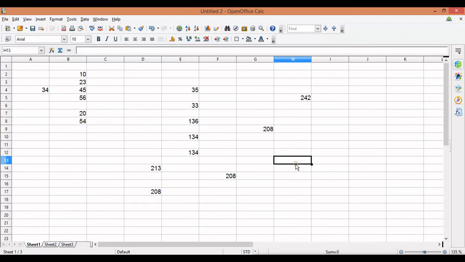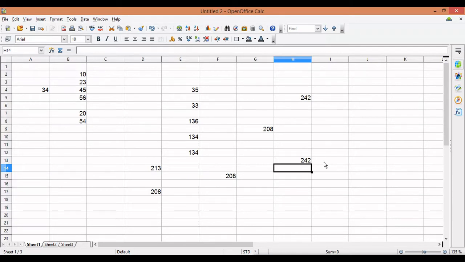Or there is one more way. You can use sum and then give a range. Now as I told you, you can separate your arguments with a semicolon. Put a semicolon and the cell address of 34. Okay, so close the round bracket. Have you seen what I have done? I have included my cell range, and then separating with a semicolon, I am using a different cell address. That means with the sum of this, it will add this 34 also. And if I press the enter key, I am getting the same result. Okay, so these are different forms of sum.